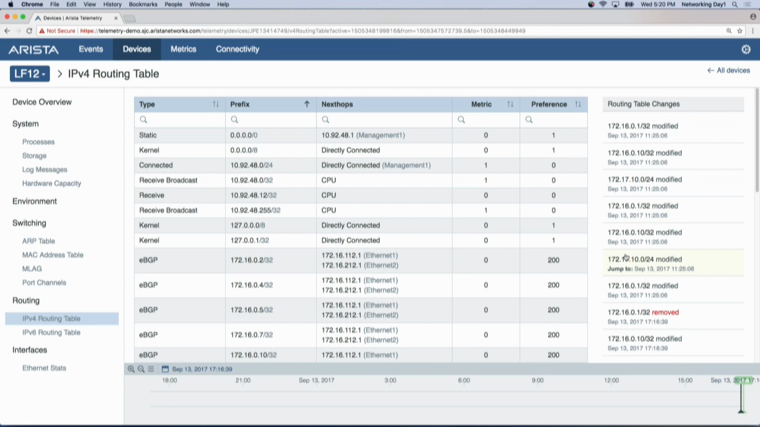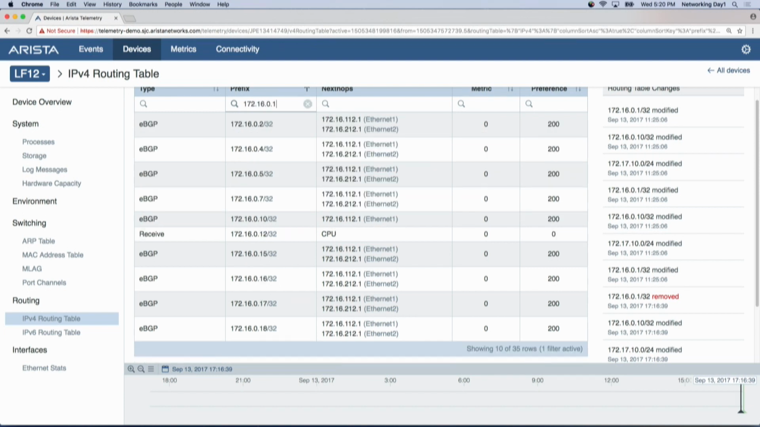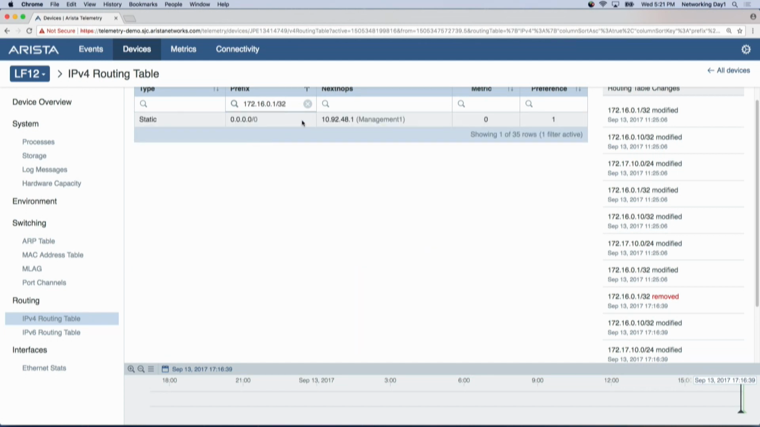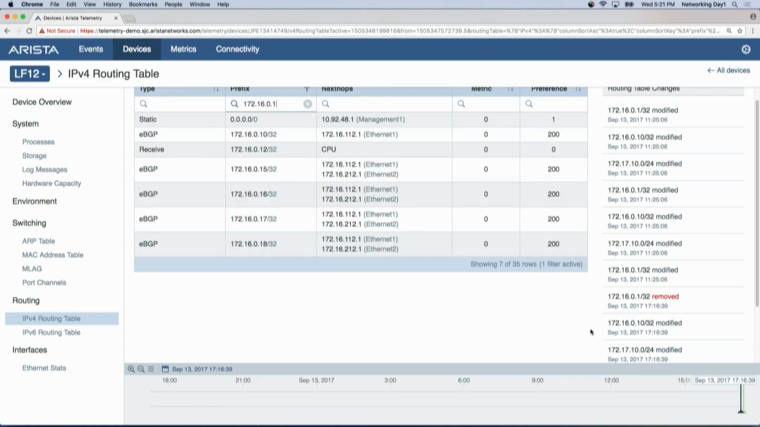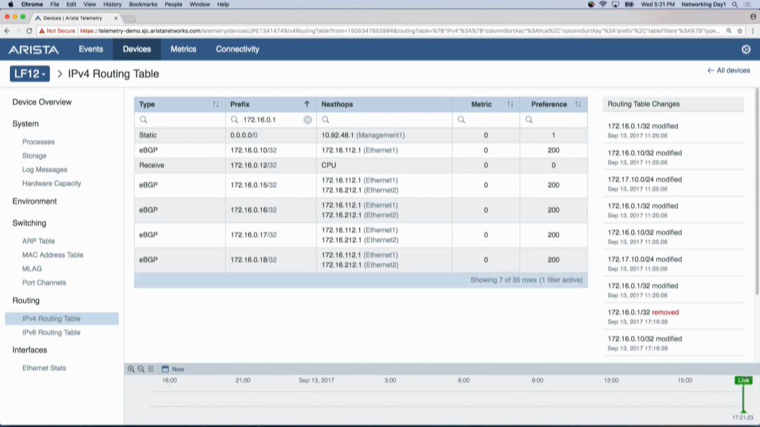172.16.0.1 was removed. So I can look over here, and actually, let me just type this in: 172.16.0.1. You can see, so here's my eBGP routes at about the time of the event. I can look at how things looked originally, and you can see that there used to be two uplinks, this used to be ECMP'd across two different interfaces. My route map borked things a little bit, and if we look now, it's only ECMP'd across one